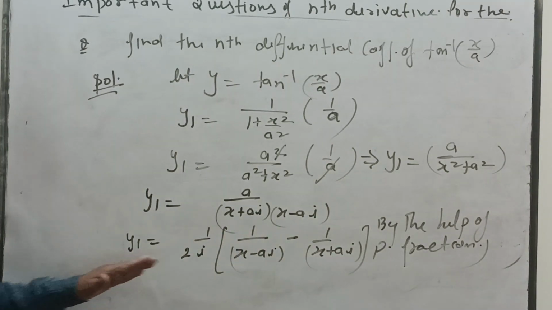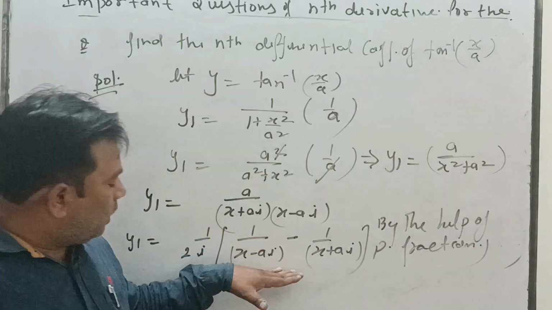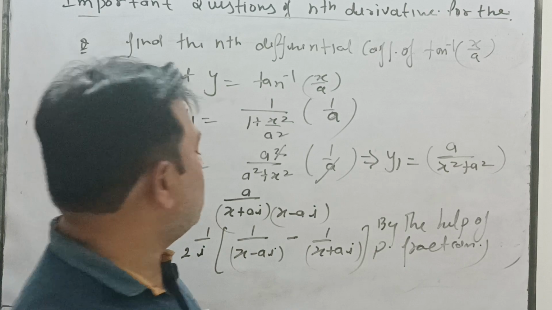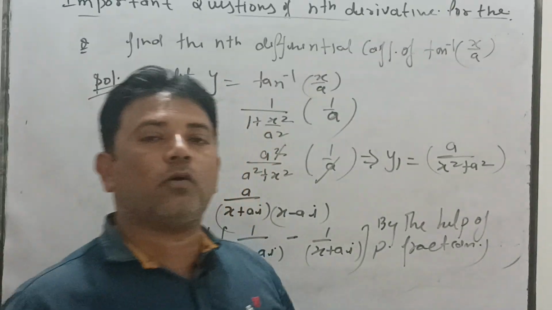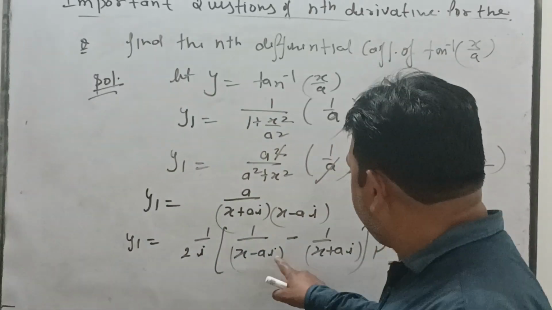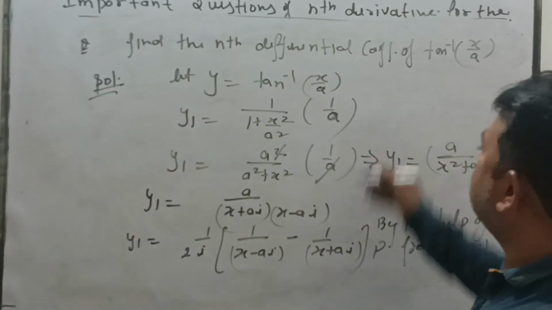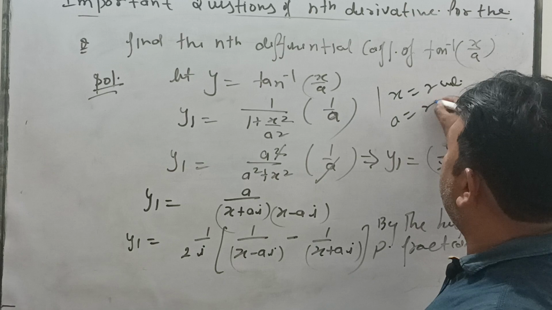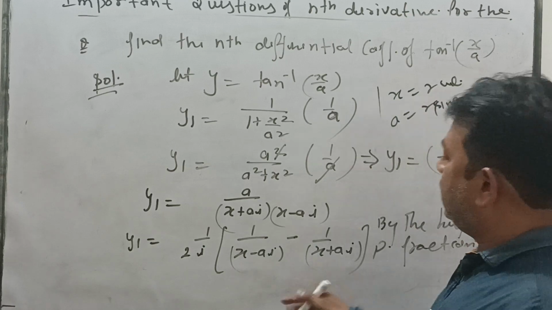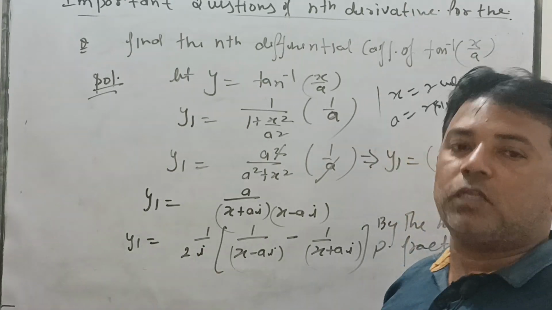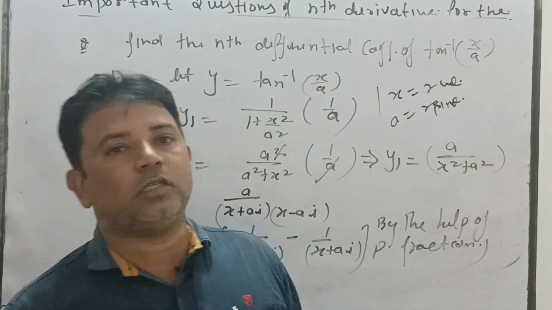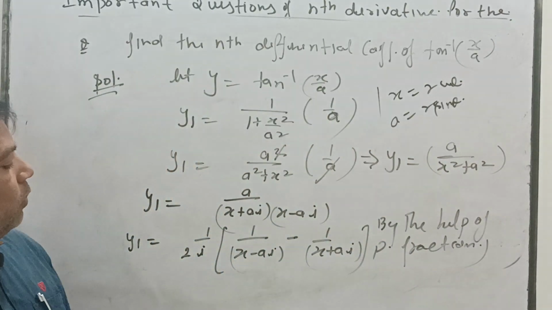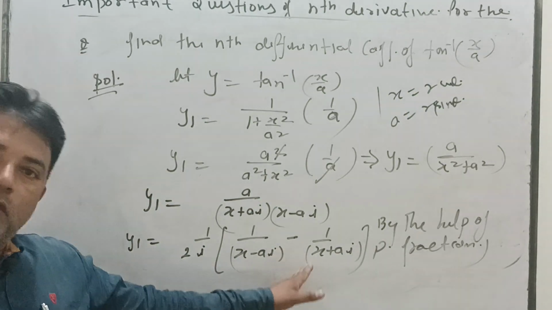After that, with a similar process, we differentiate this function again and again to get the higher derivatives. With the condition x equals r cos θ and the coefficient of i, a equals r sin θ. This is the same question we discussed in my previous video, so you can see that video. Do you all understand? As the next step, do this question yourself.